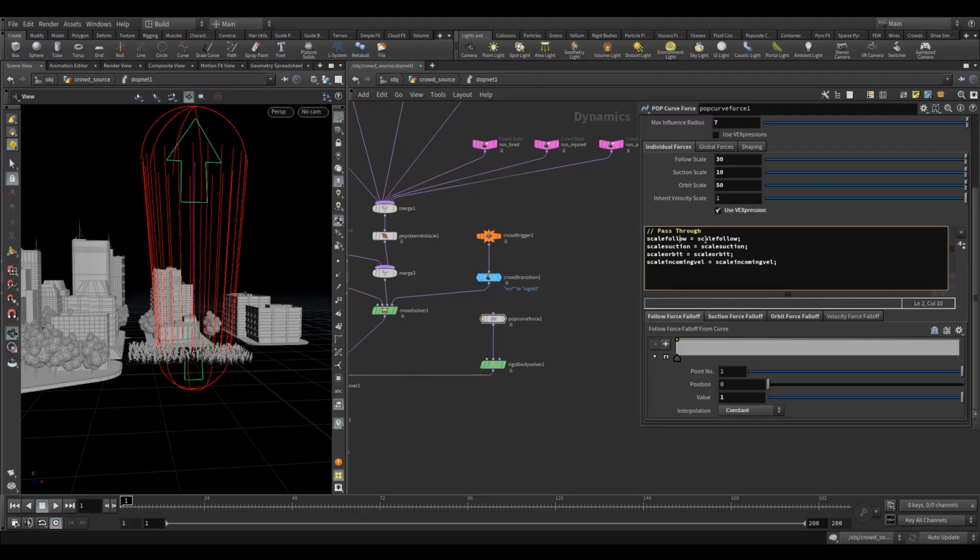So it gives you the names of these parameters, basically, right? So what we're going to do here, first of all, I'm going to set up the scale follow. I'll delete this, don't really need it. So scale follow,